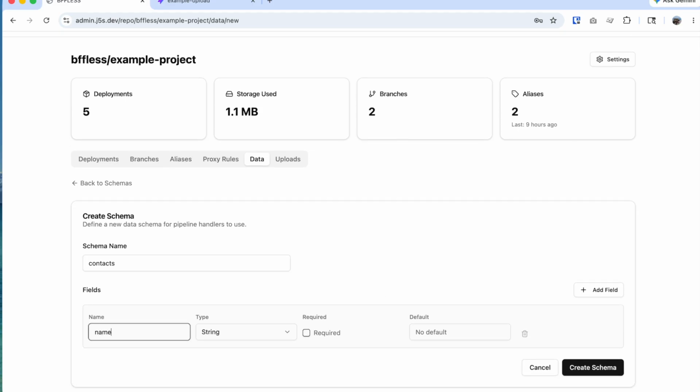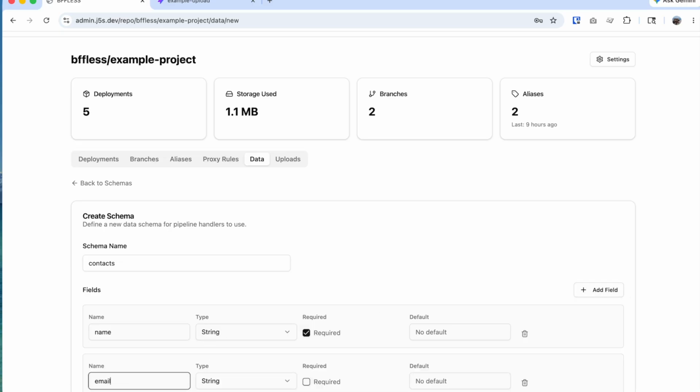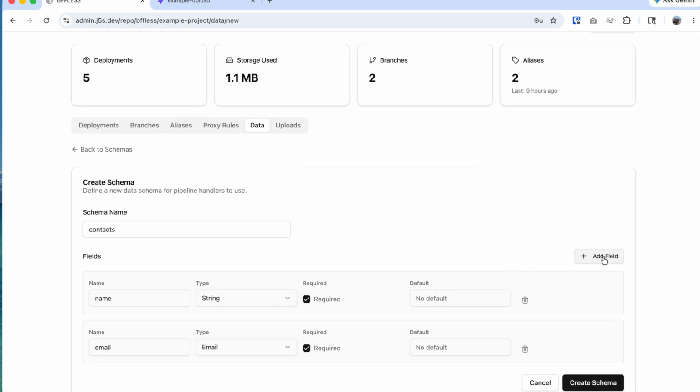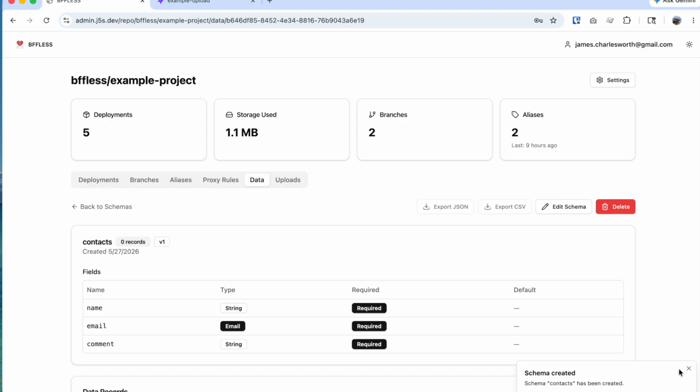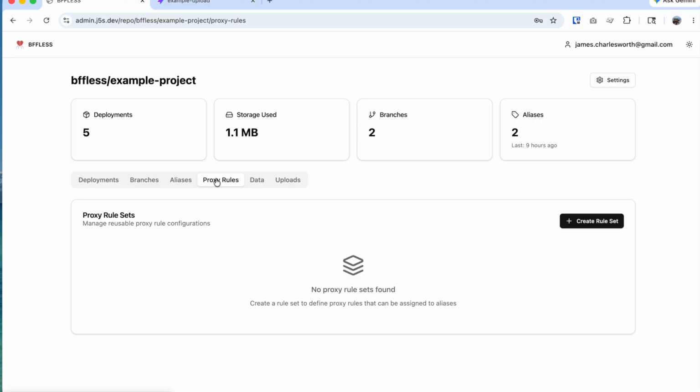And we'll just say name is required, email is required, then we'll say comment. It's also required. All three are strings, no default values. Create the schema. Great. Now, proxy rules are ways, if you think about Next.js and you have your response handlers,